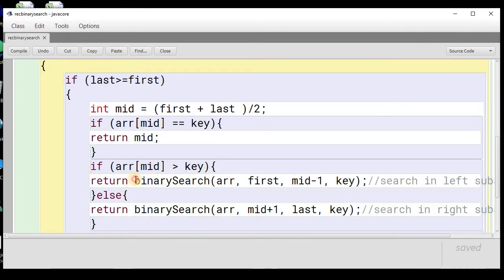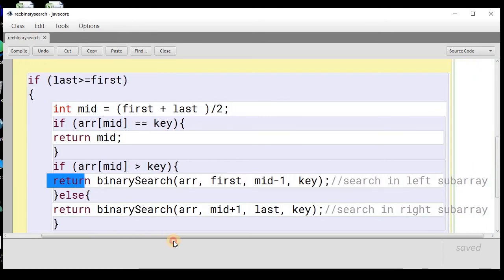So we are again calling this binary search with the help of the return statement. This is the main step of the recursion, that we recall the function till we achieve the solution. As we have not achieved the solution, we are subdividing the list into the left list. So we need to pass that left list to the binary search function. This is the recursive function. As we know that the searched element is smaller than the mid element, we have to break this array and pass the left array with appropriate indexes.